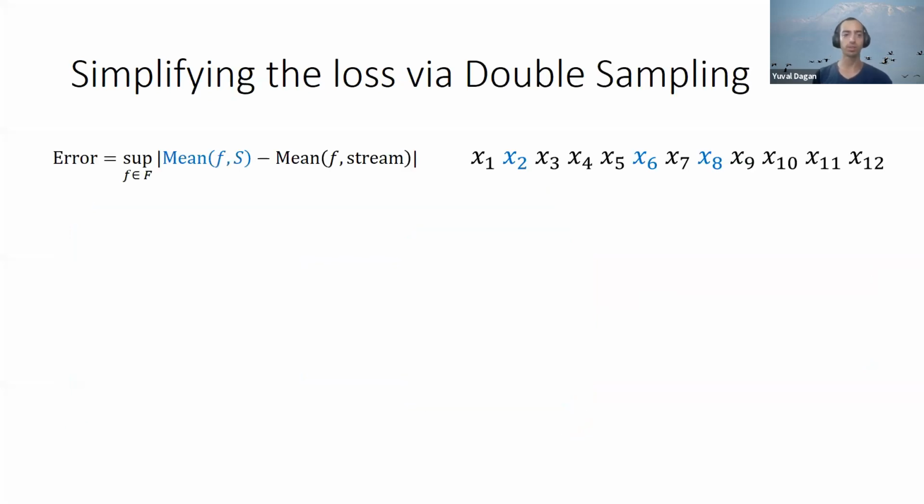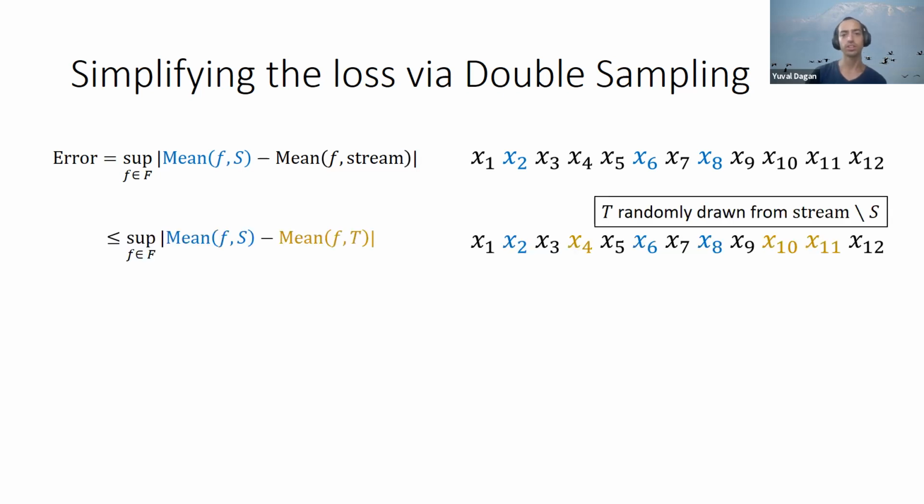So don't worry, I will tell you what is the sequential Rademacher next. So here what we want to bound is the maximum over all the different statistics of the difference between the average on the stream and the average on the sample. But because the stream is very large,